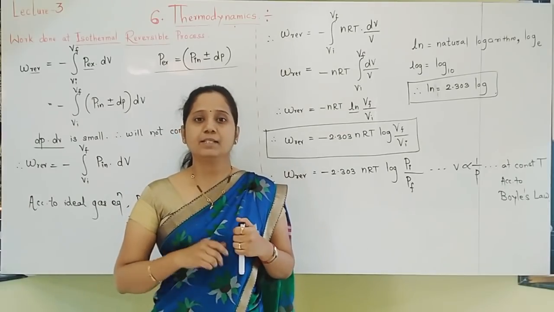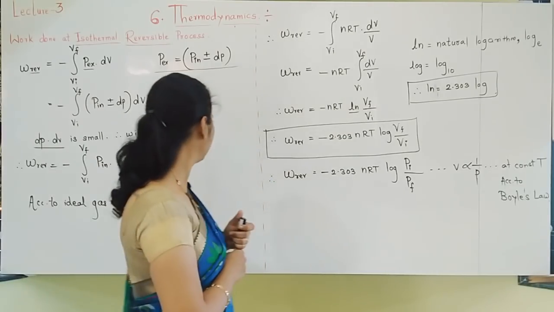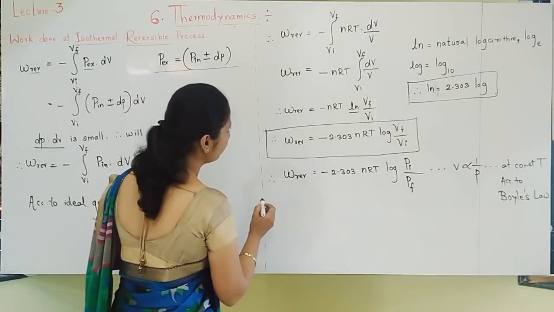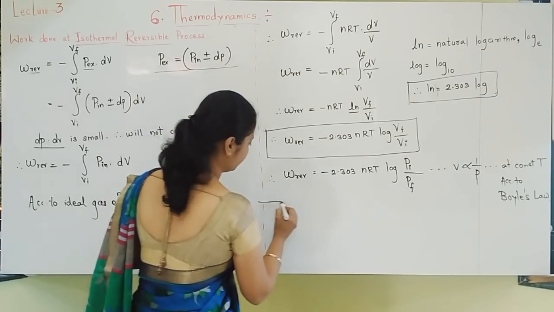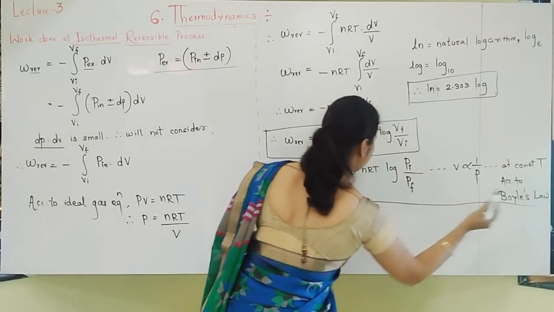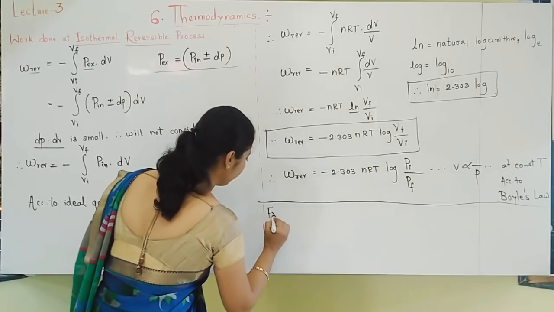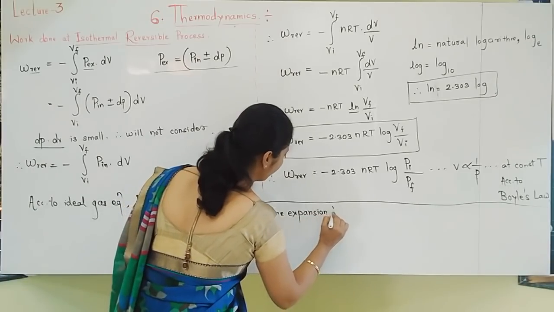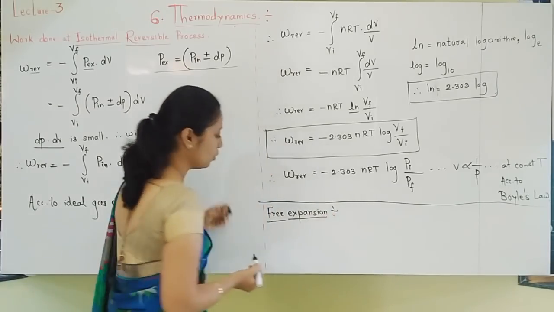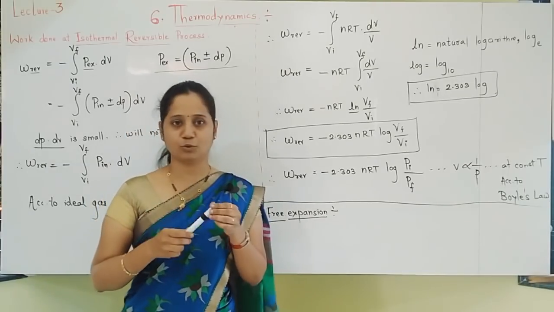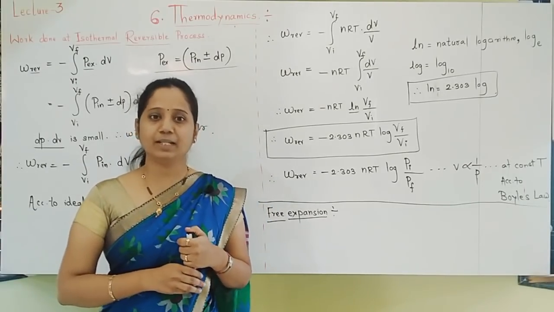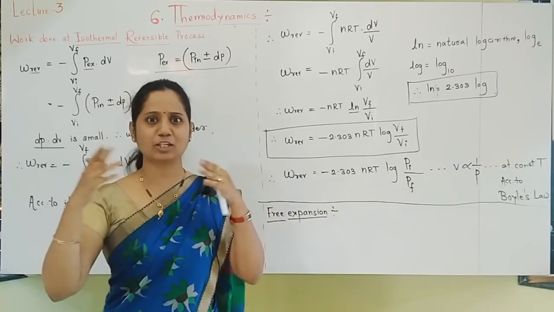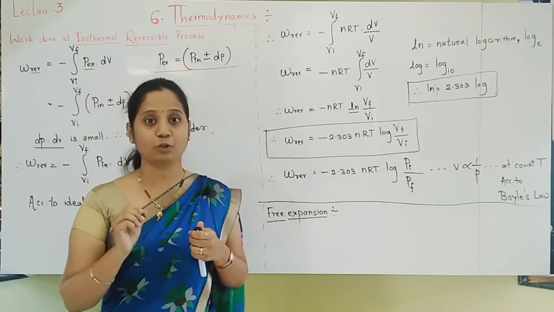Write the things properly. Start here, one more thing. One more topic, rather, that we will finish after this. A small topic is there. Sometimes the word free expansion will be used. Now we are going to see the problem. So before that you should know what you mean by free expansion. What is the meaning of expansion you know. But what is free expansion? When external pressure is 0, at that time it is called free expansion, because external pressure is not at all there. It happens in vacuum.